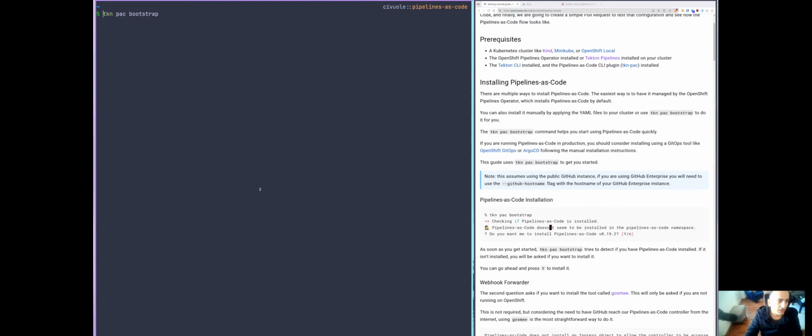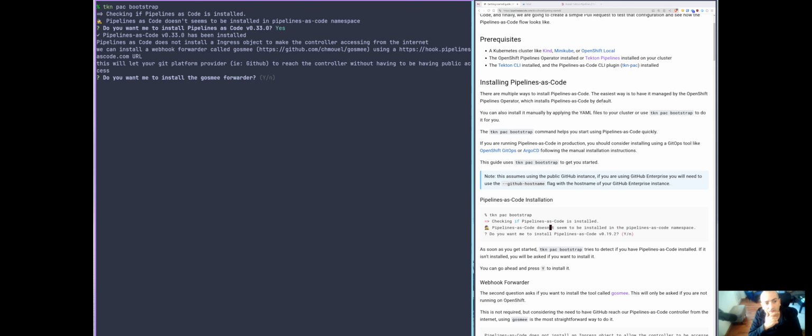So let me start, and I'm going to do tkn pac bootstrap. Whenever you start a tkn pac bootstrap, it's going to try to detect if you have pipeline as code installed, and if you don't, it will start to install it at the latest version. So let me do that. It grabs the latest version and applies it. And now that it's done,